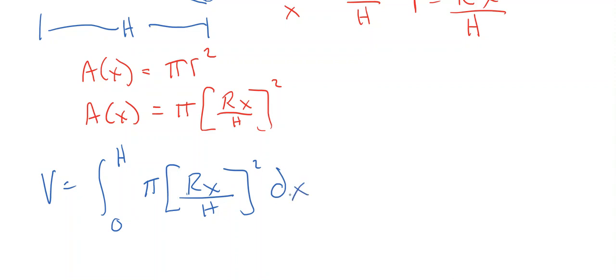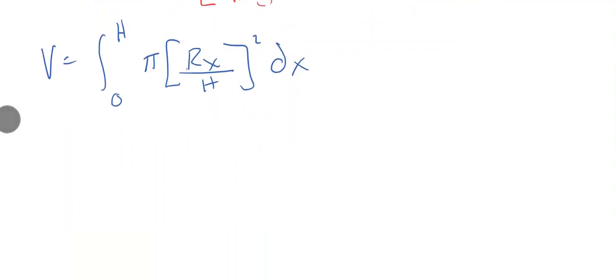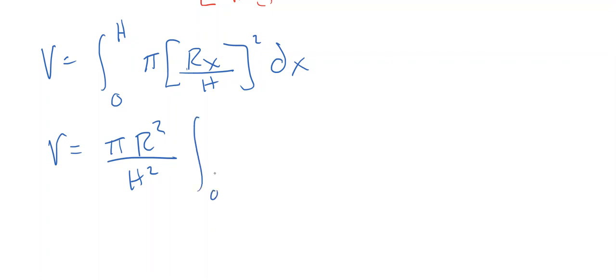Well, before I integrate, let's get rid of the constants. So r is a constant, h is a constant. We're squaring them both. Pi is a constant. So volume is equal to pi r squared over h squared, integral from 0 to h, x squared dx. So this is very easy to then integrate. Integrating this,